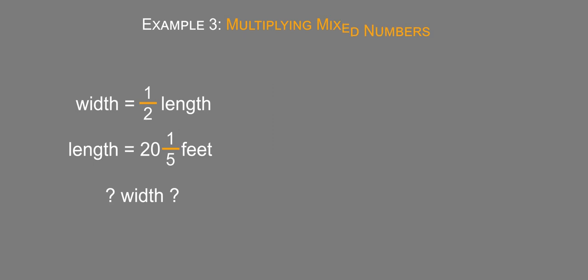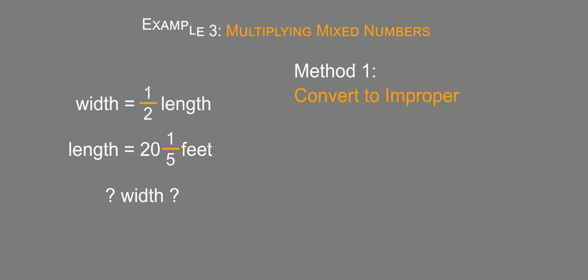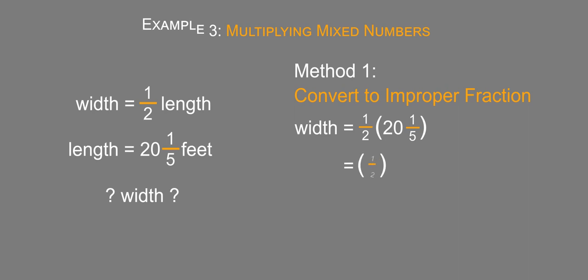So we'll look at the first method. Method 1 is to convert the mixed number to an improper fraction. Now first we have to recognize that width equals 1/2 times the length. We'll go ahead and substitute: width, which is what we're trying to find, equals 1/2 times 20 1/5 feet. Now the first method, again, convert to an improper fraction, so we have that this equals 1/2 times